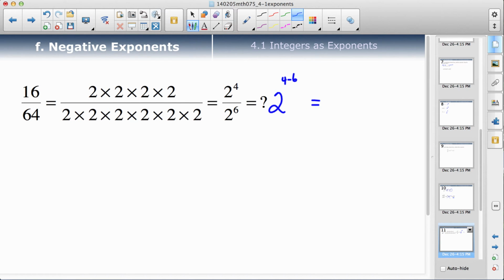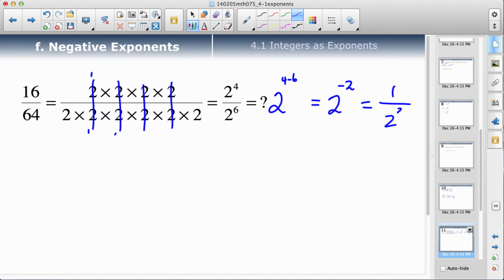Okay, 4 take away 6 is a -2. So how does that work? I guess when you're following the rules, that's what you do. If you're dividing common bases, subtract their exponents, sometimes you get negative exponents. But when you take a look at this, this could really have also been written like this. Notice that these 2's cancel if I was dividing, and these would all be 1's, right? So on the top, I'm going to have a 1, and the bottom, I'm going to have 2 times 2,